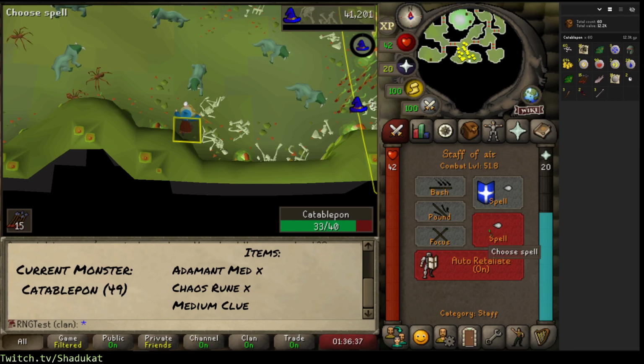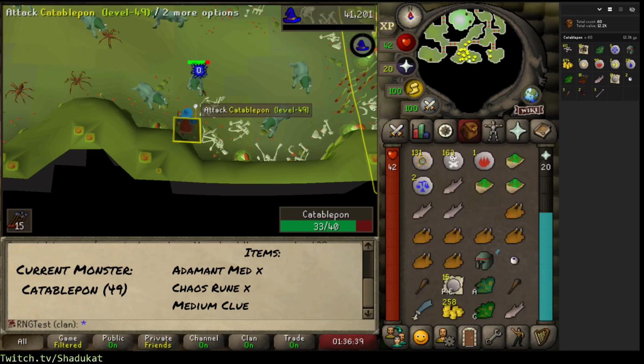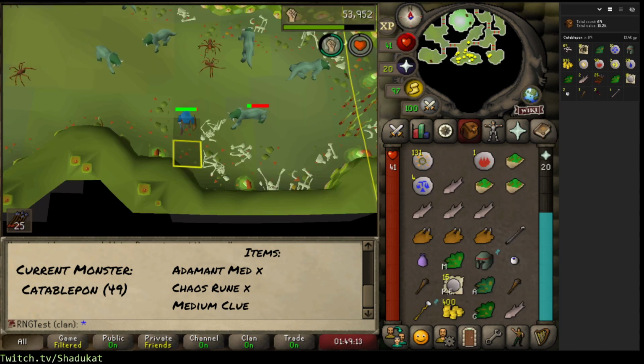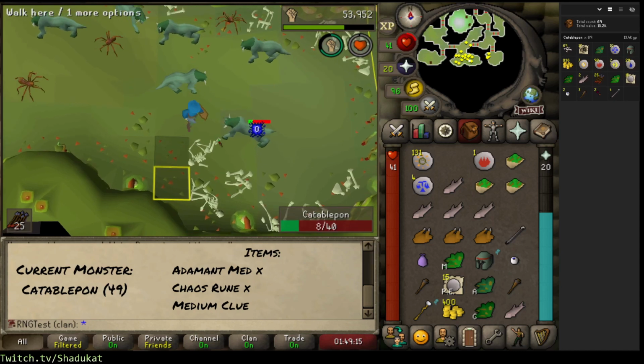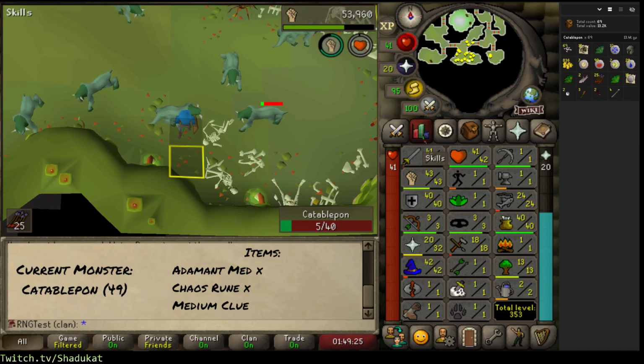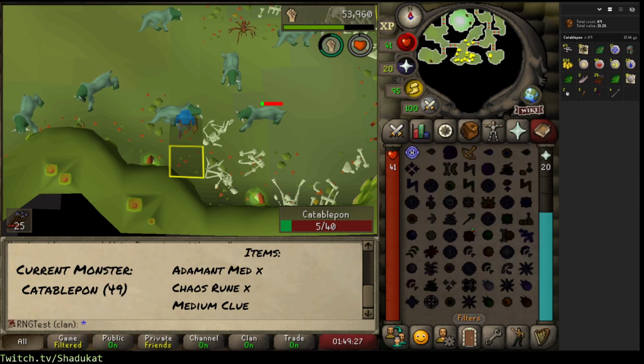All right, we just hit 41 magic, so we're going to be using Wind Blast. I want to save the wind strikes to lure for flinching. All right, we are officially out of runes, so we are flinching with the rune scimitar now. Huzzah. Plus side though, we did get all the way up to 42 magic, which is really good because now